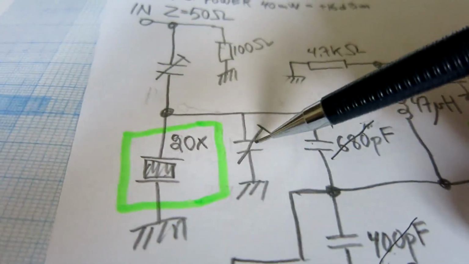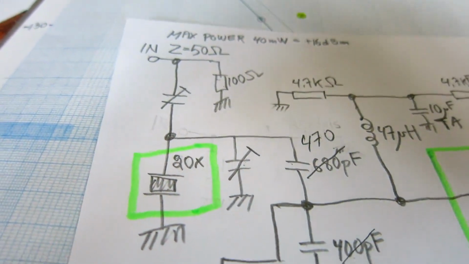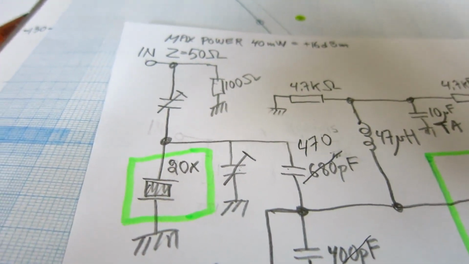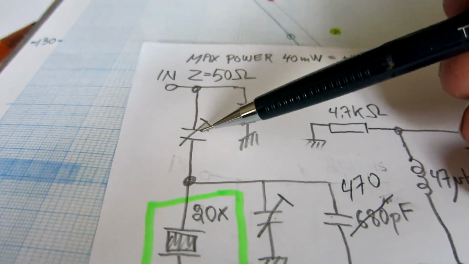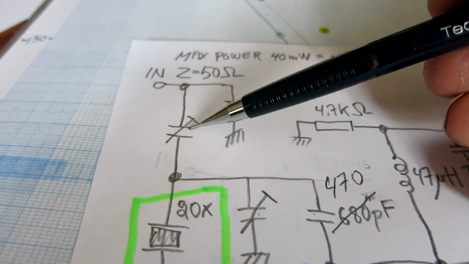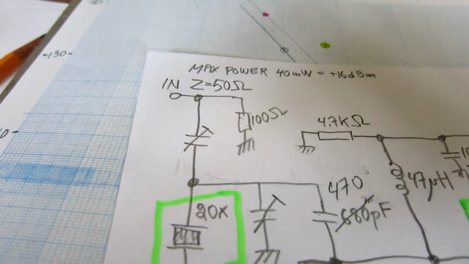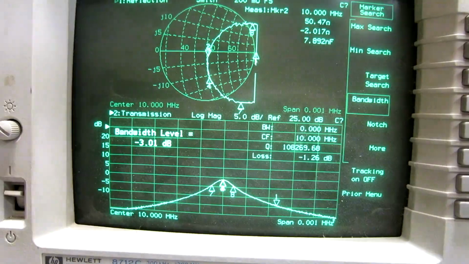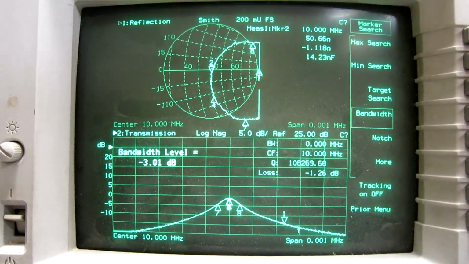And of course retuned this to get the frequency back to the correct center at 10 megahertz. And I had to adjust this capacitor a little bit, make it slightly bigger to get the 50 ohm as desired on 10.0 megahertz. The gain is now about 4.5 dB lower,